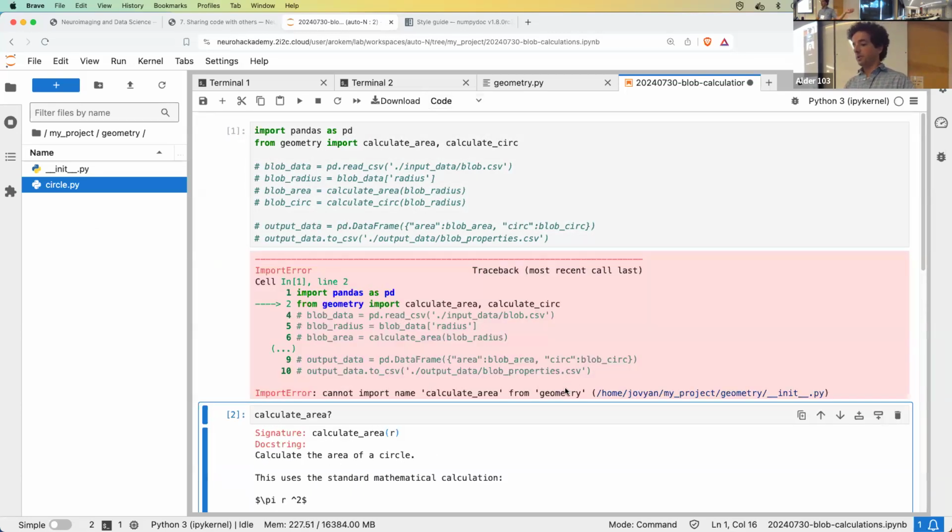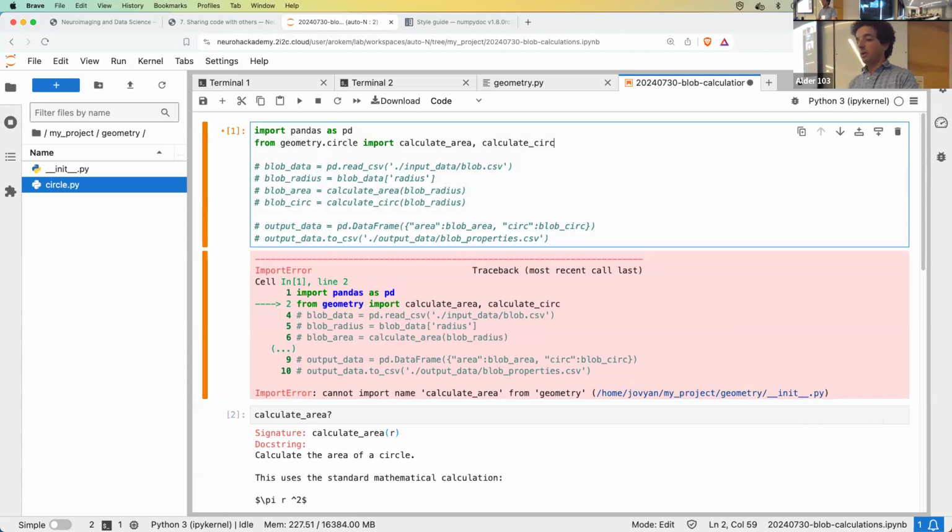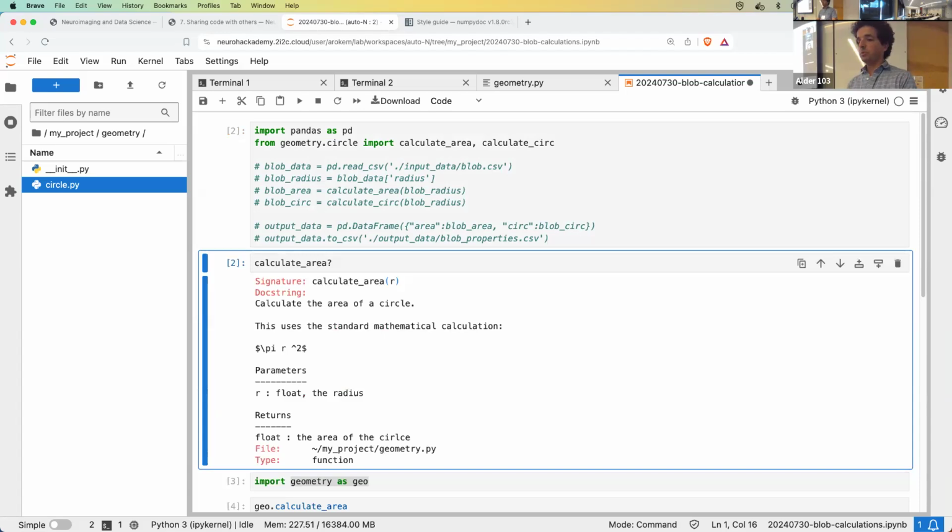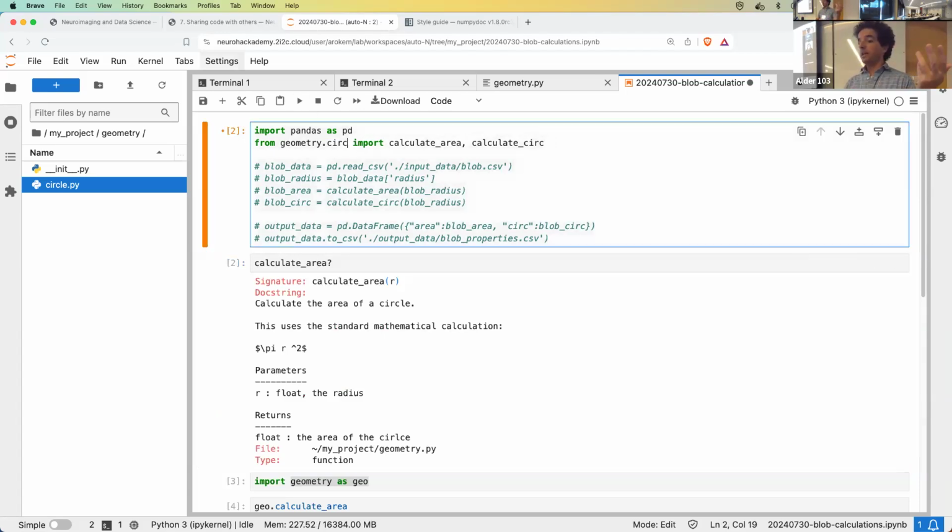Right. So it's telling me there's a thing in here that's the package, but there's nothing called calculate area in here. So we haven't told it where to look. And I think we can fix that by doing from geometry.circle. And that does work. Another way to fix that is to think a little bit about what's inside of the init